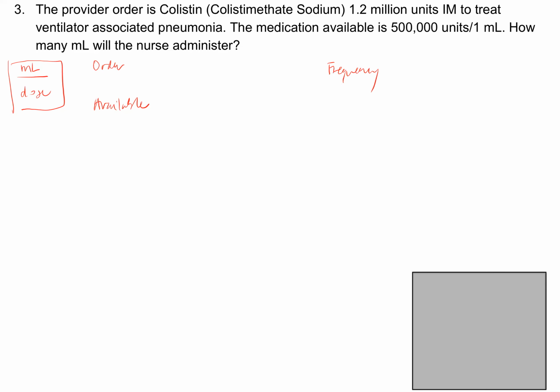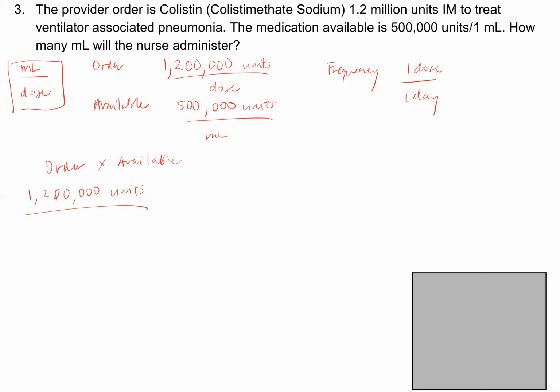Our order is 1.2. So when you write this out, go ahead and write 1,200,000 units per dose. And it's going to be 1 dose per 1 day. Our availability is 500,000 units per mL. The reason why I have you write out 1,200,000 is to make sure that you input the right amount of zeros into your calculator, because that can give you the wrong answer. So your order is 1.2 million